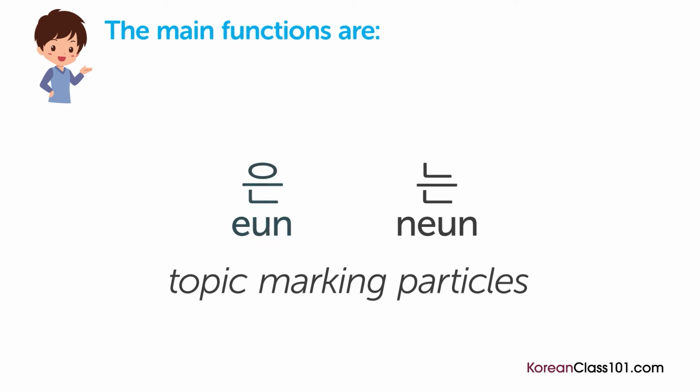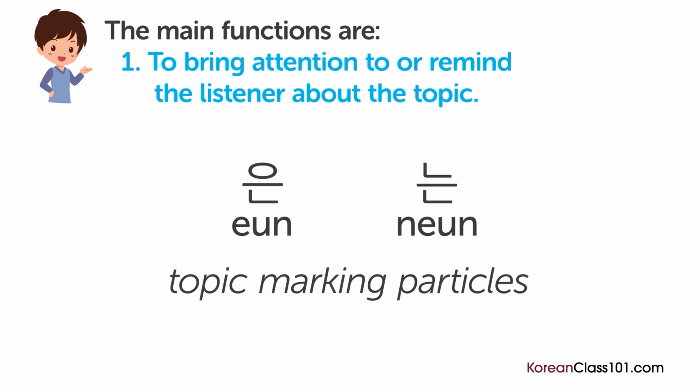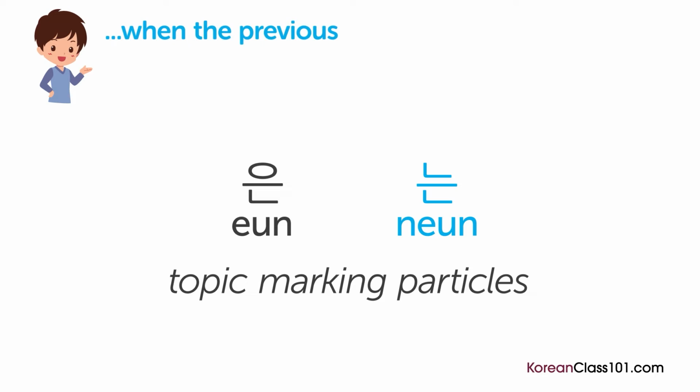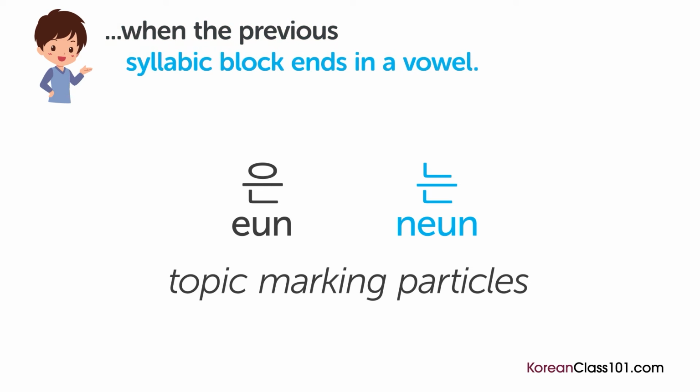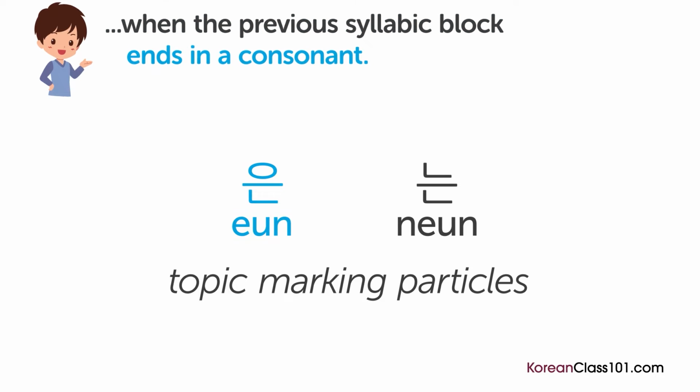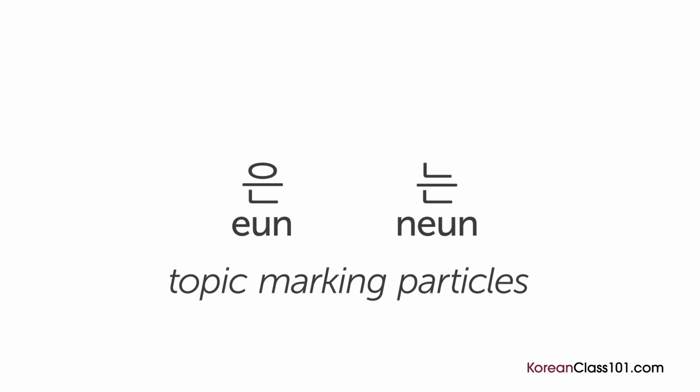The main functions of 은 and 는 are to bring attention to remind the listener about the topic, to clarify the topic, or to contrast two items. You can use 는 when the previous syllabic block ends in a vowel, and 은 when the previous syllabic block ends in a consonant. Let's take a look at some examples so you can learn how to use 은 and